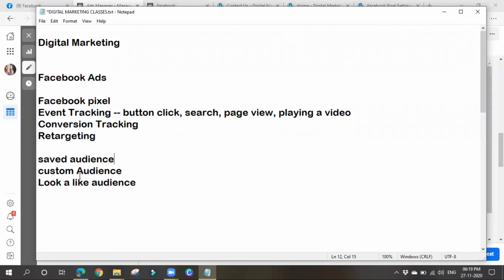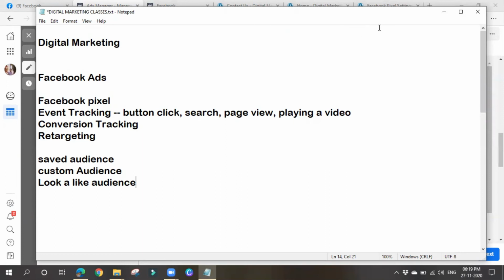If you want to target those people when they are spending their time on Facebook, you can also upload those audience lists. When coming to lookalike audience, these are the people that are similar to our existing audience. Let's think that you have targeted some audience before. These are the people that are similar to your existing targeted audience. You can also go for this and show ads to them, so that you can create good brand awareness.